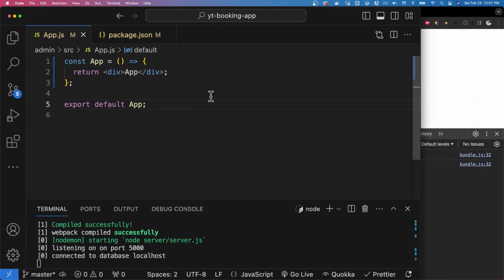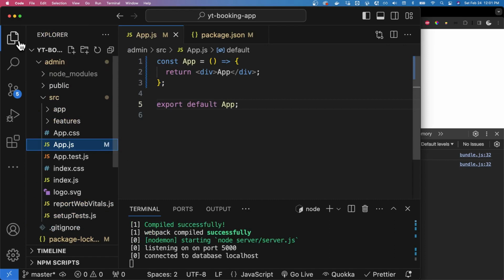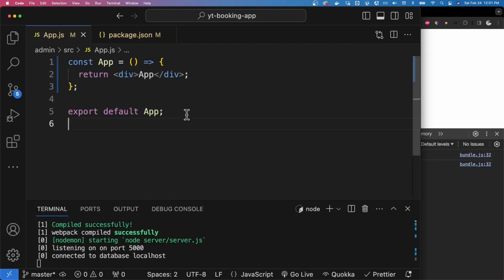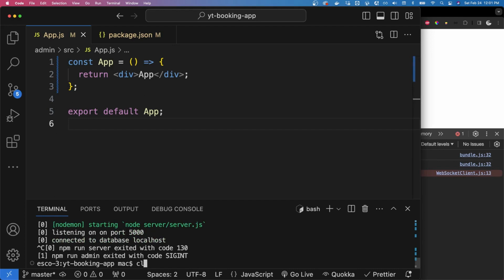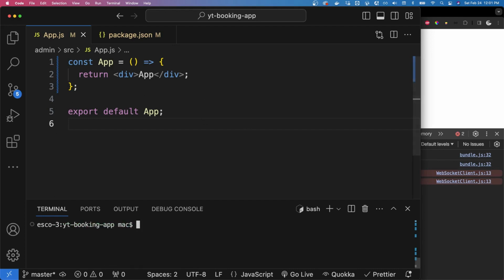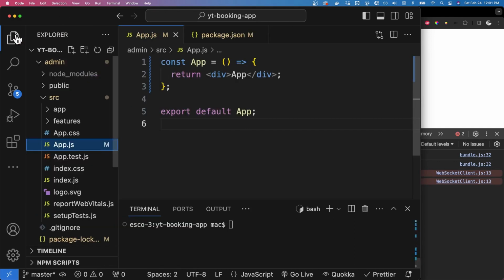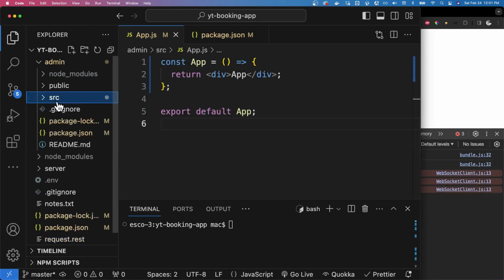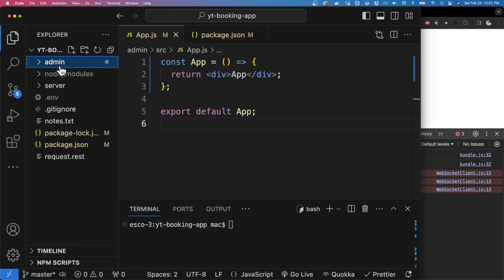Okay, so back to the tutorial. So what we've been able to achieve so far from our previous live stream is we've been able to create the backend server, but for now what we are going to do is also create the front end aspect